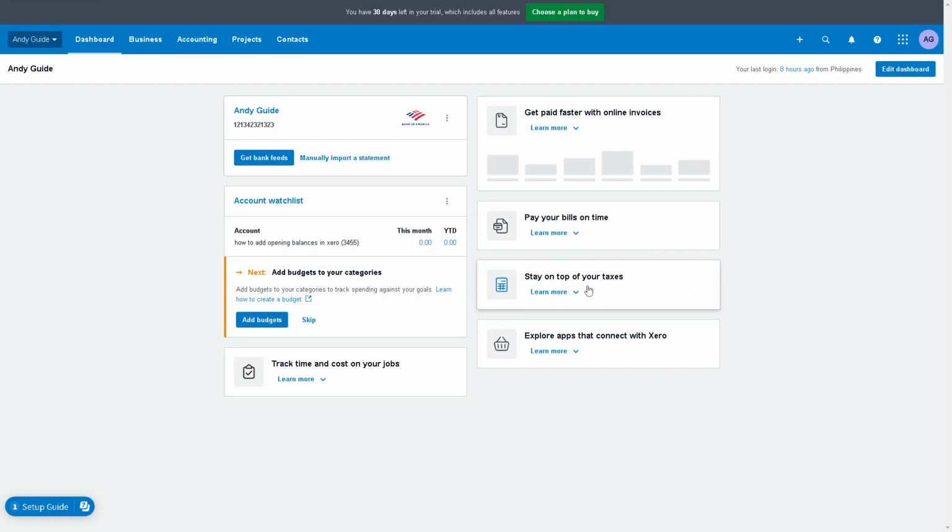Now, once you are here, handling supplier overpayments and refunds in Xero is crucial for maintaining accurate financial records and ensuring that our accounts payables reflect the true amounts owed to suppliers. Alright, so in my case in the past, I accidentally overpaid a supplier due to a billing error. Now, it became a duplicate payment and other reasons. So dealing with overpayments in Xero allows you to reconcile your accounts accurately and ensure that you are not overstating